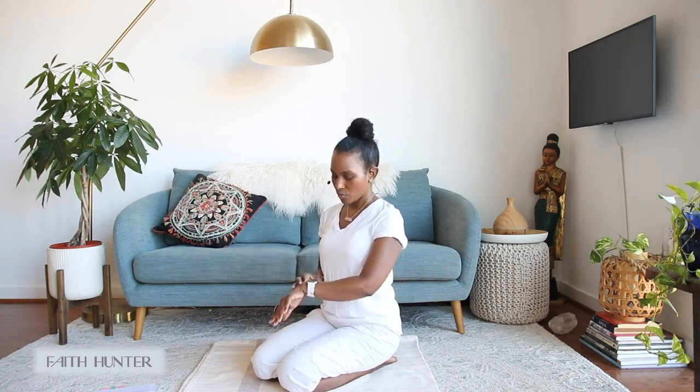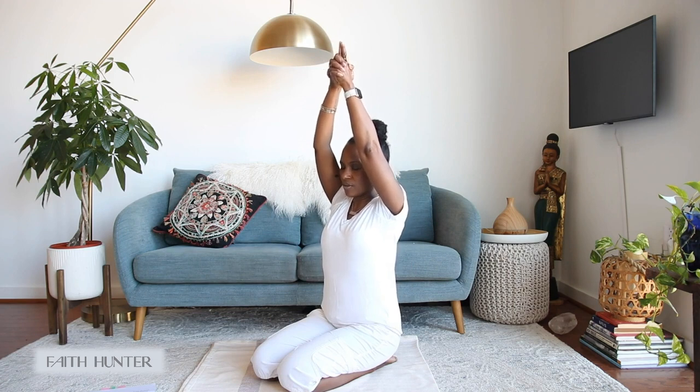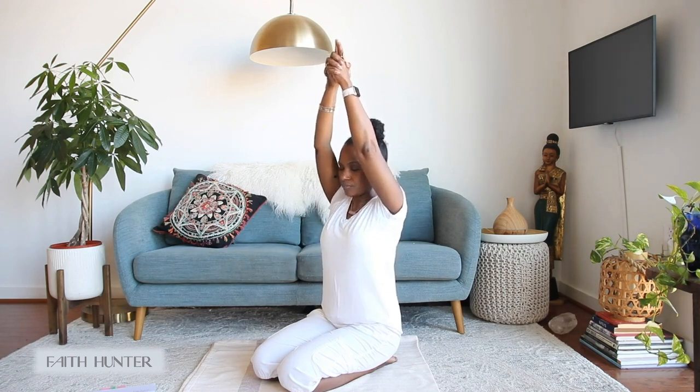Find your comfortable seat, either in your thunderbolt rock pose. Relax those shoulders. Take a couple of long, deep breaths in and out of your nose. Maybe start to think about those words, those sound currents, Sat Nam, and the meaning behind it. Truth is my identity. I'm going to set my watch, get our timer. Relax the shoulders, extend the arms up and over your head, interlace your fingers. You have the option of crossing the right or left thumb over top. Take a deep breath in, exhale,